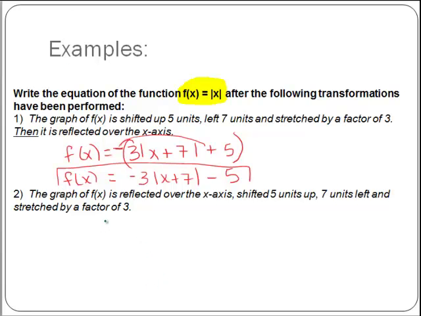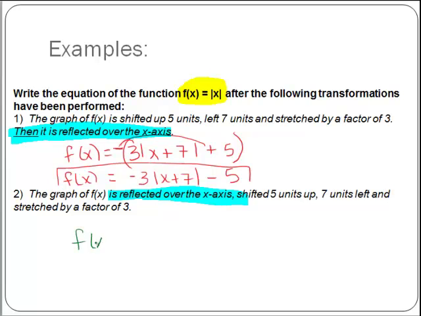So what about number 2? The graph of f of x is reflected over the x-axis. Notice how it says this first, and here it said it last. That's really, really important. So it's reflected over the x-axis, shifted up 5, shifted 7 left, and then stretched by